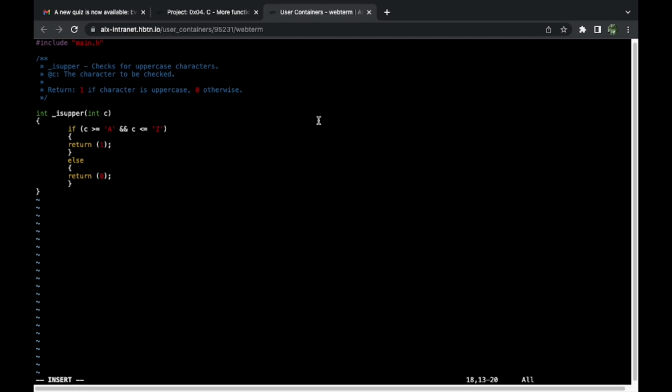Finished. That's the code. If the value of the character is uppercase, give us a return value of 1. Otherwise, if that's not the case, return a 0. Complete the program. So this is the program that we're supposed to write to check if the character